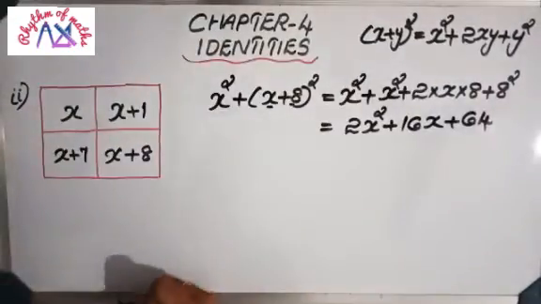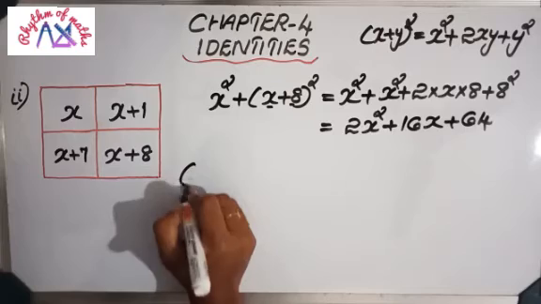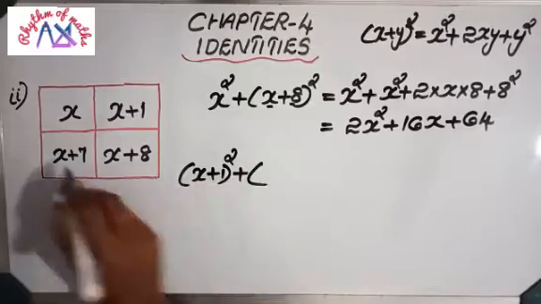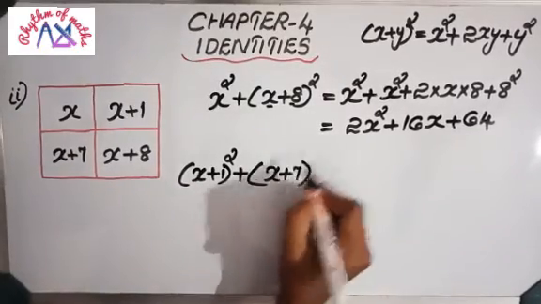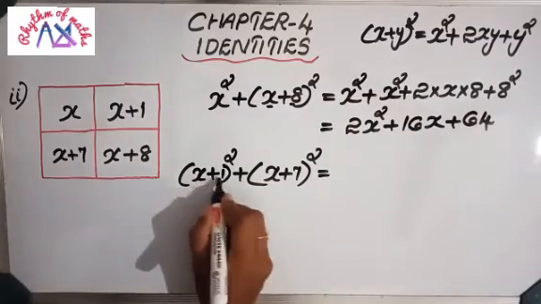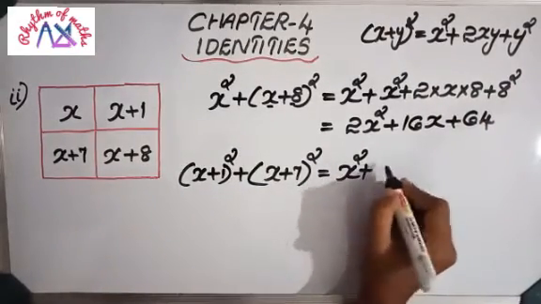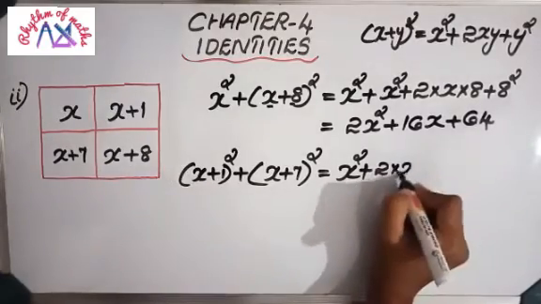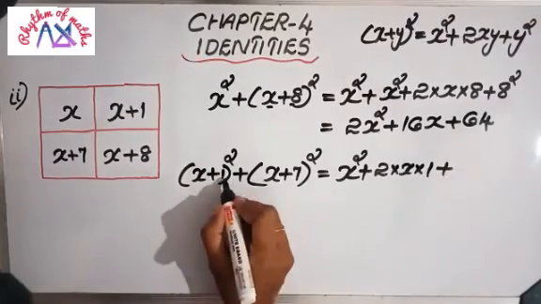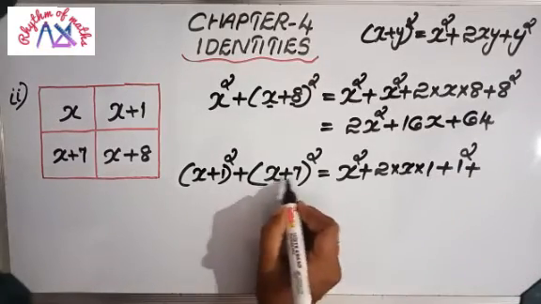First diagonal number answer. Similarly, you have to consider the second diagonal. That is x plus 1 and x plus 7. So sum of the squares: x plus 1 whole square plus second number is x plus 7 whole square. Okay, same like this we have to open this. So when you open the first bracket x plus 1 the whole square, this is the identity. So answer will be x square plus 2 into x into y is 1 here. So 2 into x into 1 plus y square. Y square means 1 square. Plus next is what? X plus 7 the whole square.